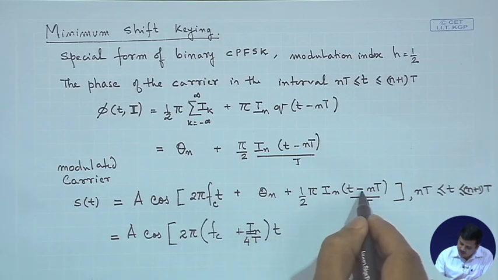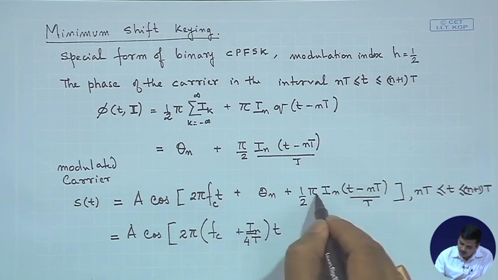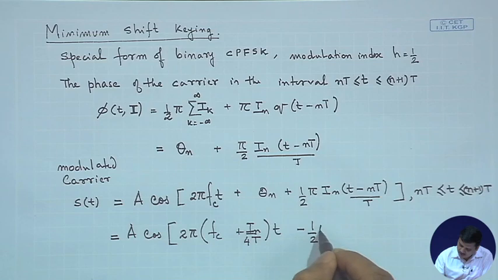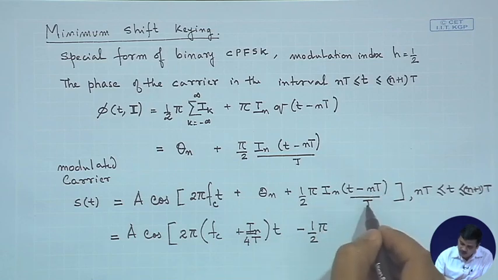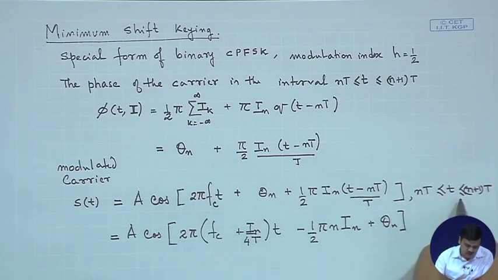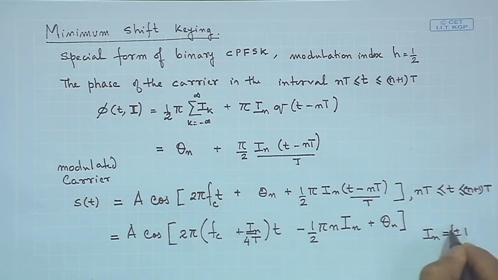The next term that you would write is this particular term along with this, that means minus, because of this minus sign, half pi, t and t would cancel out, I n plus, now you have the theta term left. So, you have theta and of course, valid for this interval, and in this case we would take I n to take the values of plus minus 1, because we are choosing between two levels, we are talking about binary